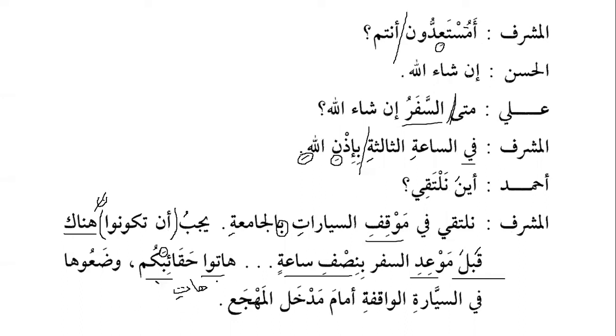So in Arabic language, whenever you ask someone to bring something, the best form of making fi'l al-amr is hati for the singular and hatu for the plural. Instead of, for example, we use the word ahdara, yuhdiru ihdaran to bring, but we don't say ahdir, or we have jalaba yajlibu to bring something. We don't say ijlib. Similarly, in the previous lesson, we discussed that when we ask someone to come, we say ta'al for one. And for the feminine, it will be ta'ali. And for the masculine plural, it will be ta'alaw. And all of them have been used in the Quran.